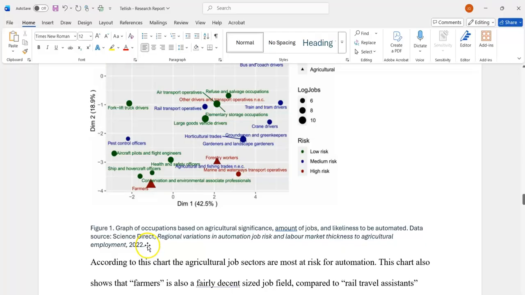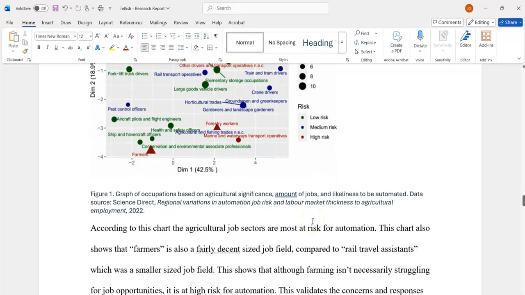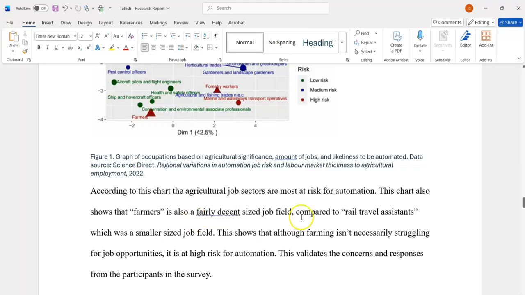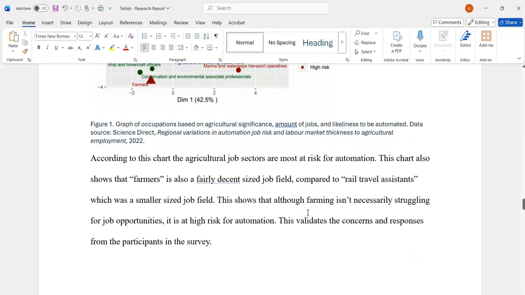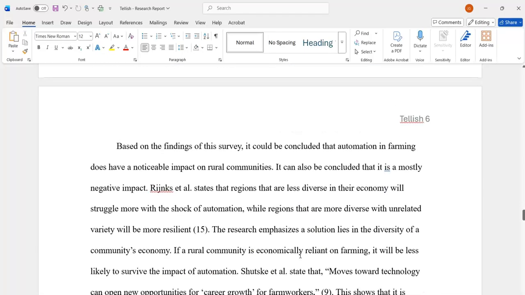Now, if this has a URL, you want to add that too. Remember, it's just like what you would put on a works cited page. So it should have everything, even a URL if it had one. Okay. So good job. And then you talk about what the chart shows. And then you talk about what you feel that means. Good. So your discussion is well mixed in there with your